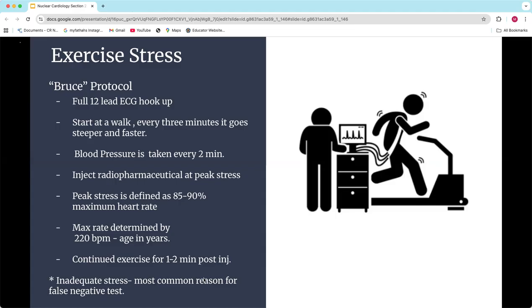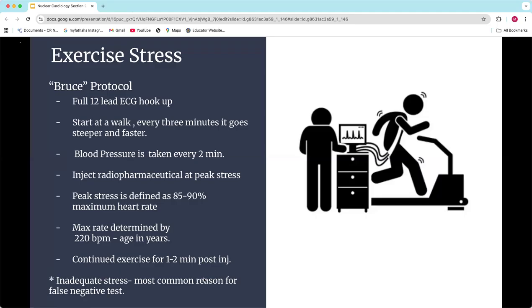So for the Bruce protocol, you're going to hook your patient up to a 12-lead EKG. Again, I mentioned when we did EKGs that we don't put wires out on the arms and down on the legs because you can't do that on a treadmill. That's why in nuclear cardiology, you're just not going to see an EKG set up like that. Everything's going to be up on the chest. And so there's going to be some management with wires. Usually you have a module that has a belt. It's important to make sure the belt's on well and that the wires are out of the way of the patient. You don't want them to have an incident on the treadmill.